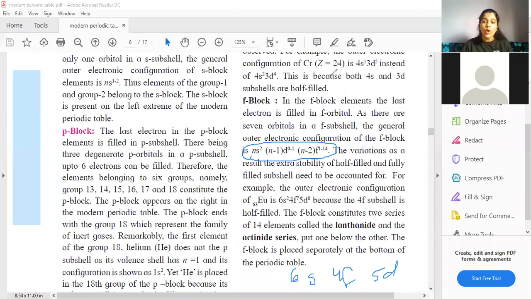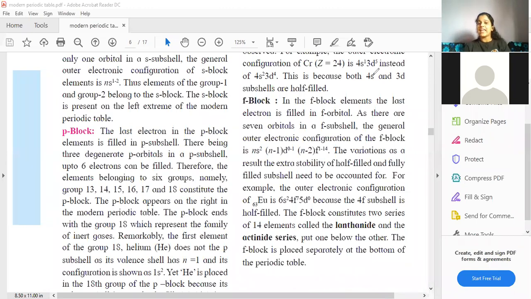Why? Because we don't know whether we are going to enter d or not. That will depend upon the atomic number. If the atomic number is very large, we have to enter d also, and we have to go from d0 till d10 maybe. I hope you all are understanding this. If it was only till 4f14, then done. There is no need to enter 5d. That is the reason they have written 0 over here. Understand when to write starting from 0 and when to write starting from 1.